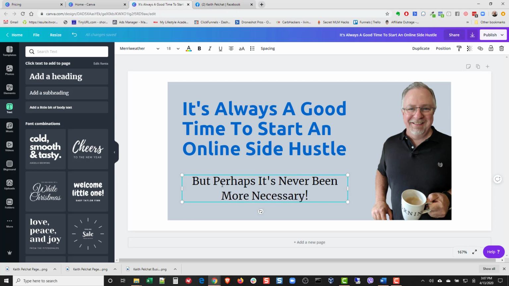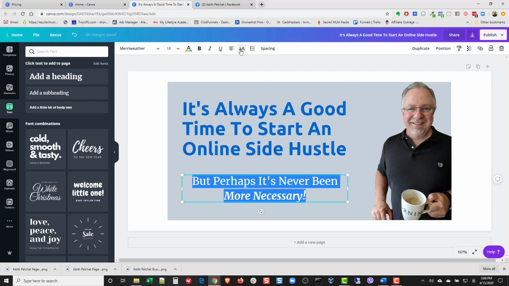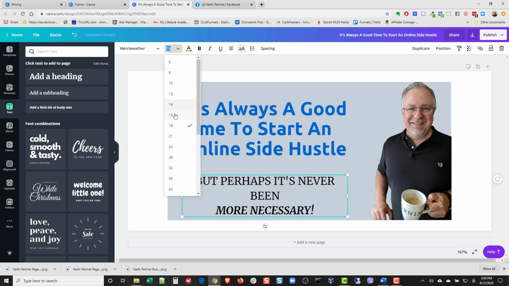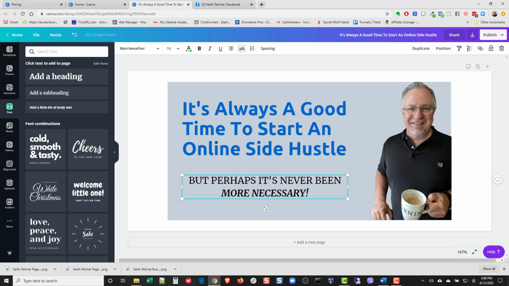Okay, so again, I'm not a huge fan of the font. The line spacing is cool, but I'm not a huge fan of the font or the color. And then I'm going to call this out and make it bold and italic. The other thing I want to do with all of this is change the font size here. I'm going to bring it down to 16. I want to make it all